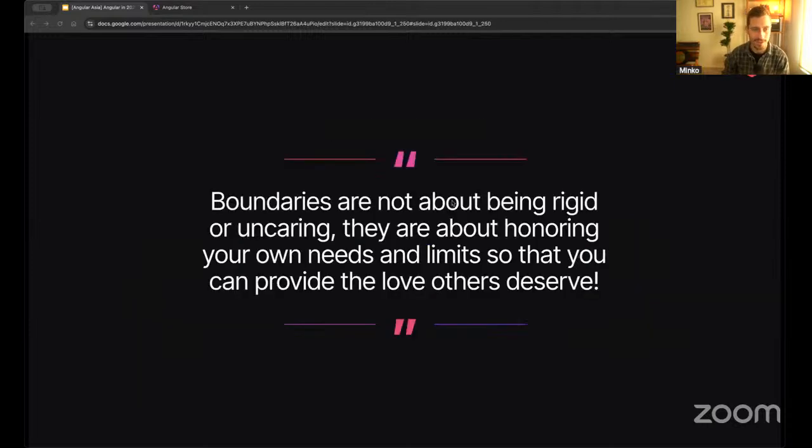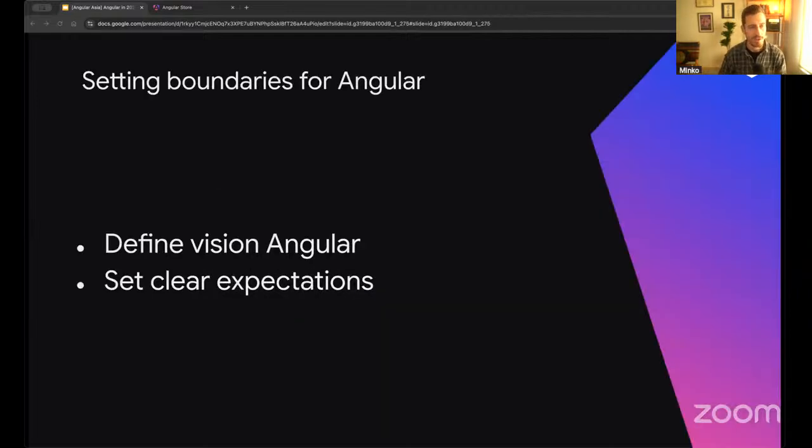work that way. Boundaries are not meant to be rigid or uncaring. They're about honoring your own needs and limits so that you can provide the love that others deserve. And that's valid both for me and the people around me, and for Angular and all the developers using it. Let me show you how we set boundaries for Angular. So first of all,